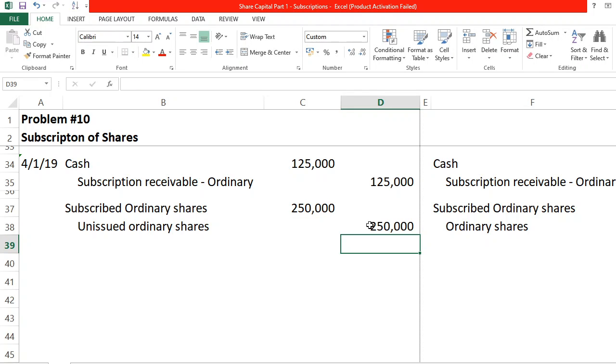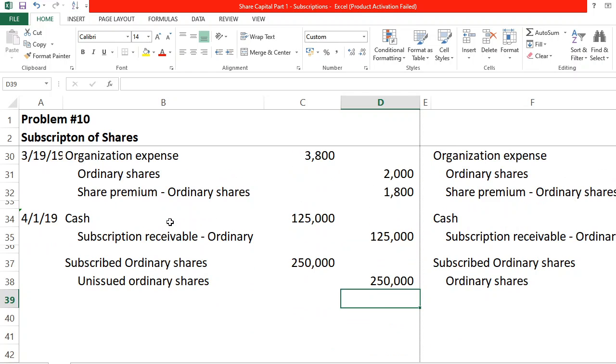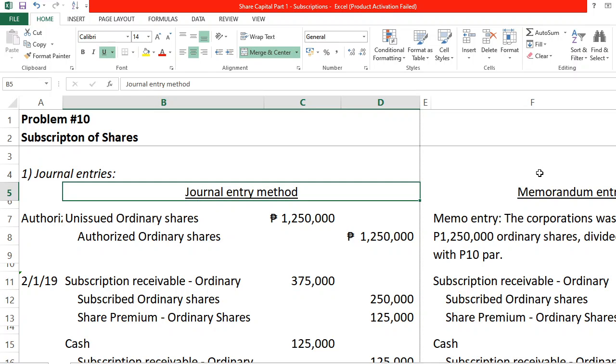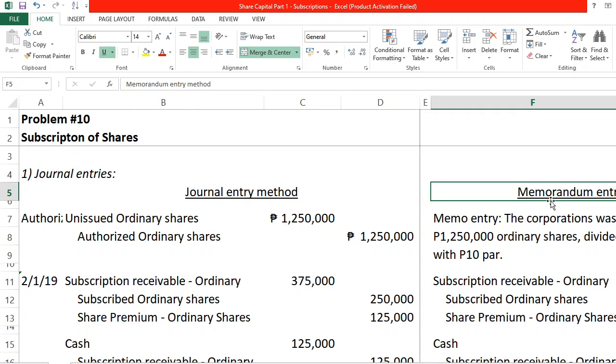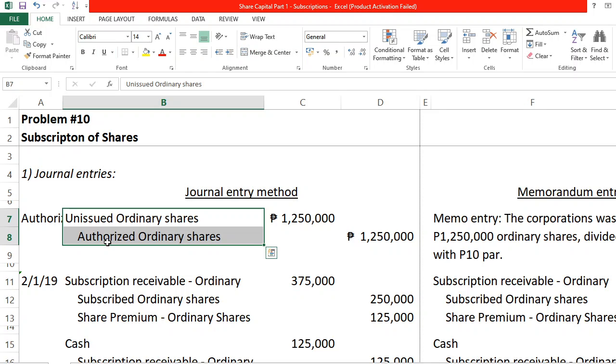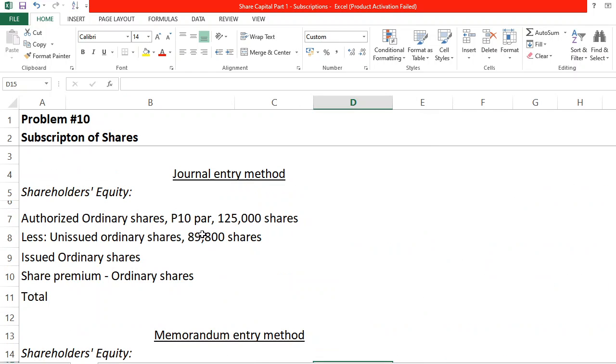So now, since the components are different, the tendency is that what appears will also be different. The components of the journal entry and the memorandum entry are different. They have certain accounts that are not the same, just like these unissued and authorized ordinary shares, something that the memorandum entry doesn't have. If that's the case, the parts of our journal entry method, our equity section using the journal entry